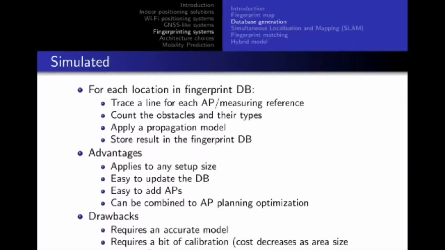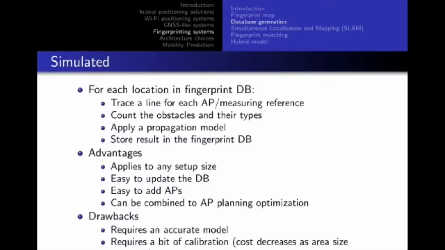It's easy to add access points, so if you add one access point, you run the simulation only for this new access point and you append the result to the database. And it can be combined to an access point planning optimization, in which you can optimize the location of the access points to improve coverage and positioning accuracy.